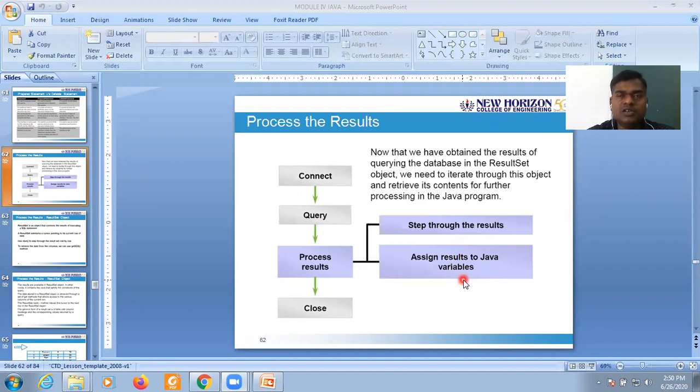From the Java variables, if you need any manipulation or processing, you can do so. Using those variables, you can manipulate them and use them as a part of the program logic, or what we call the business logic, in order to complete your solution.